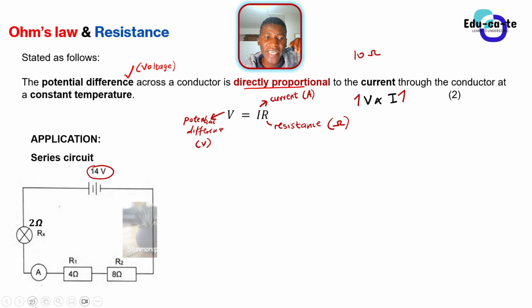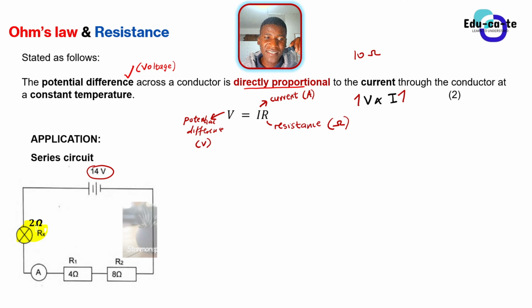We can identify from our circuit diagram that we have got 3 resistors. This is a light bulb, it has some resistance, so it is a resistor. Guys, don't treat a resistor just as these symbols. A light bulb is also a resistor because it has some resistance basically. Okay, it's also a resistor.